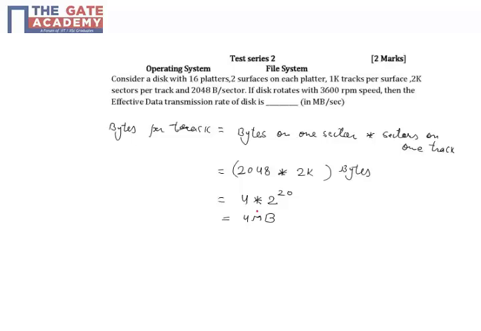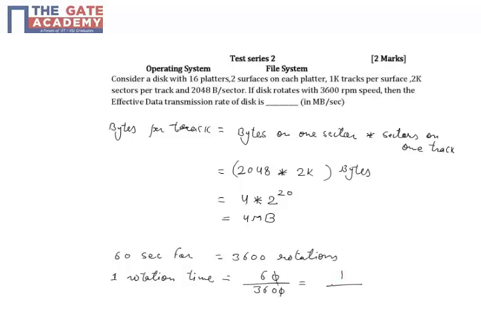Now I'll have to calculate the one rotation time. They have given the speed. Speed means you are taking 60 seconds for 3600 rotations. So if 60 seconds is taken for 3600 rotations, that means one rotation time will be 60 divided by 3600, that is 1 by